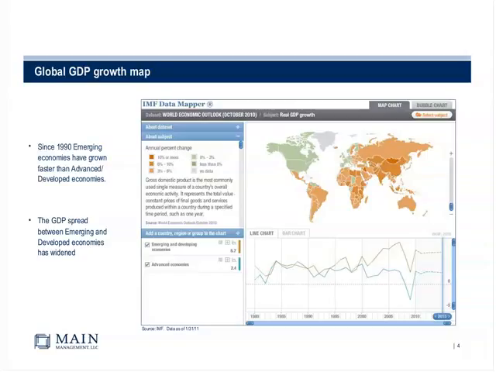That's versus the tan line. And the line below it are the advanced economies growing at 2.4%. And you can see since 1990 that the emerging economies have always outpaced the developed economies. There's only that one period back in the late 80s, since 1980, where the developed economies outpaced the emerging.